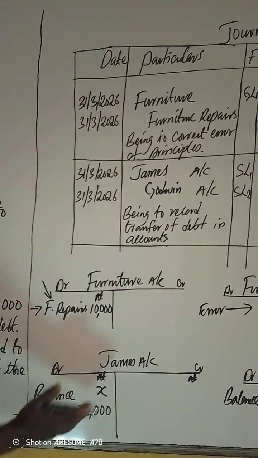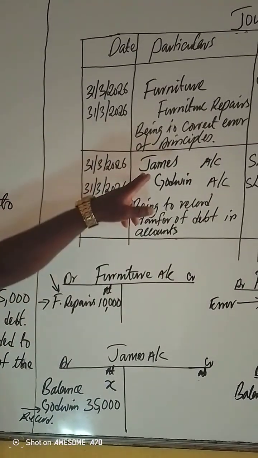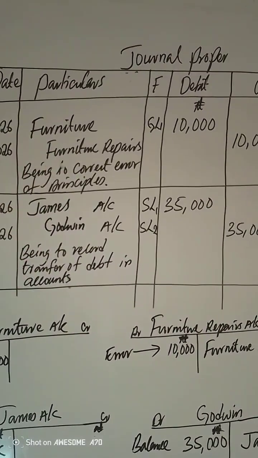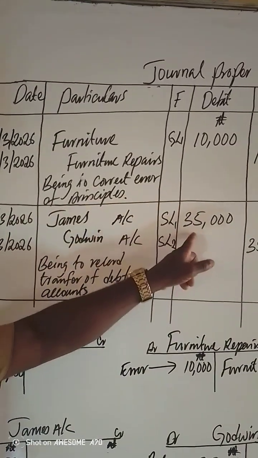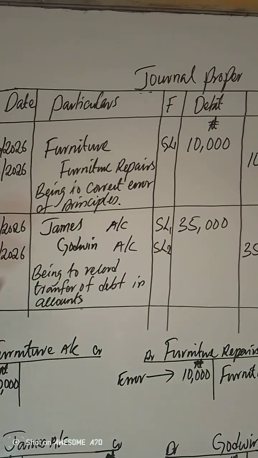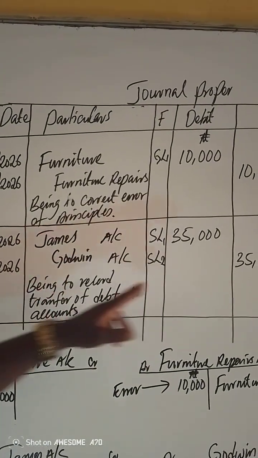So in this case, this transaction, and that is why James was debited, because the amount was moved from Godwin's account to his account, while Godwin was credited because